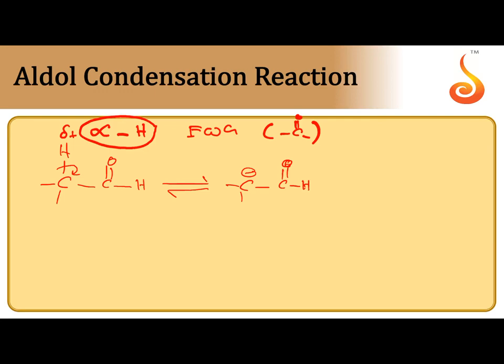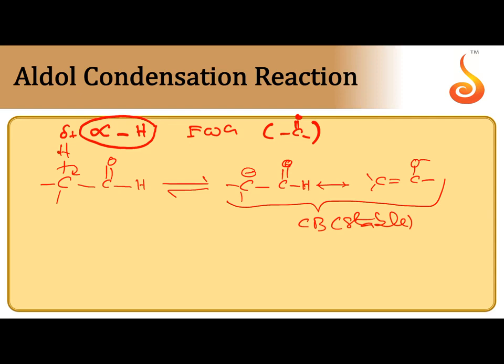Because of the conjugation between the C minus and the C double bond O pi bond, it is very, very stable. It exists in two forms. Because of these two resonance structures, the conjugate base, also called the enolate ion, is stable. Since it becomes a stable conjugate base, an aldehyde containing acidic alpha hydrogen becomes an acid. Because of this alpha hydrogen, they undergo condensation reactions.